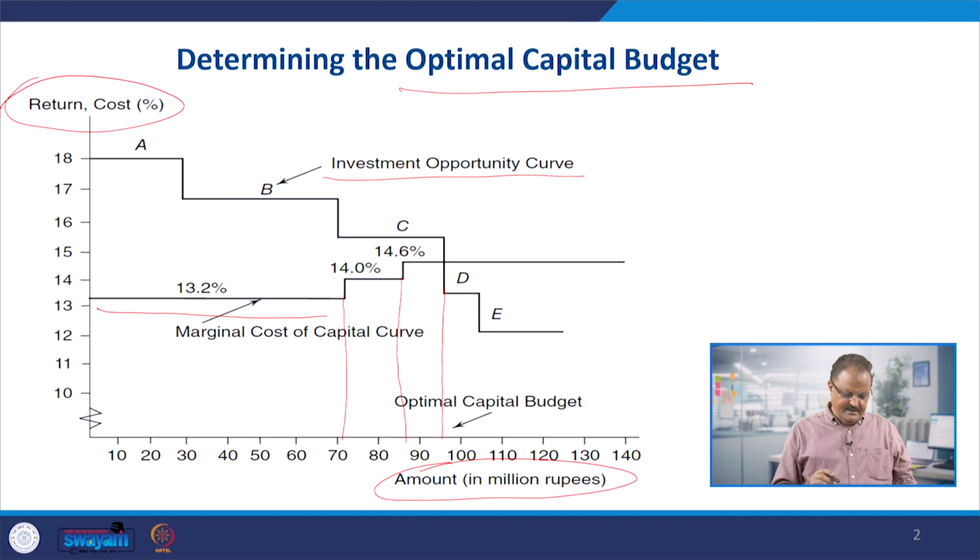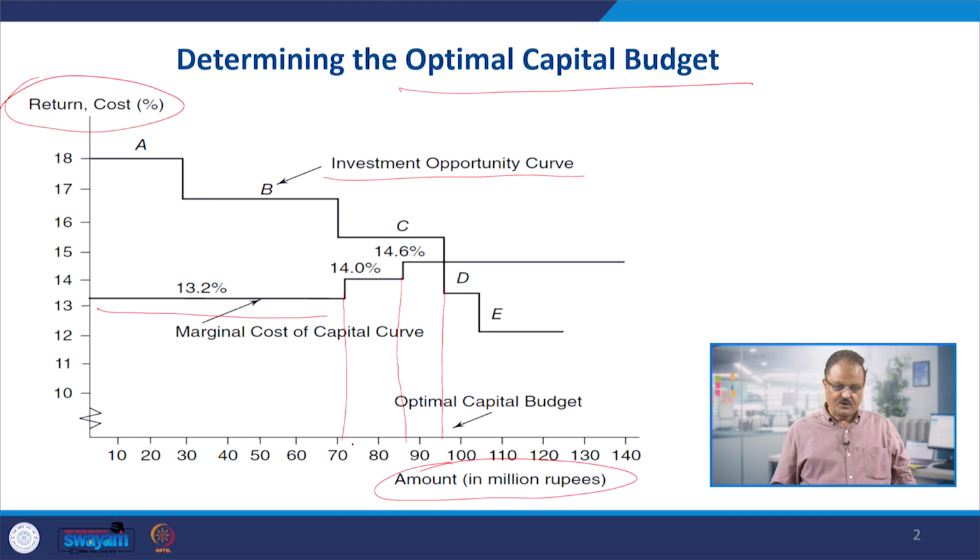So what is happening? The investment opportunity curve and the marginal cost curve are depicting the inverse behavior. When you made the first investment in project A, which is somewhere about 30 millions, little less than 30 millions of Indian rupees, the cost of capital was lesser. But when you wanted to make more investment and go up to little more than 70 millions of the investment,